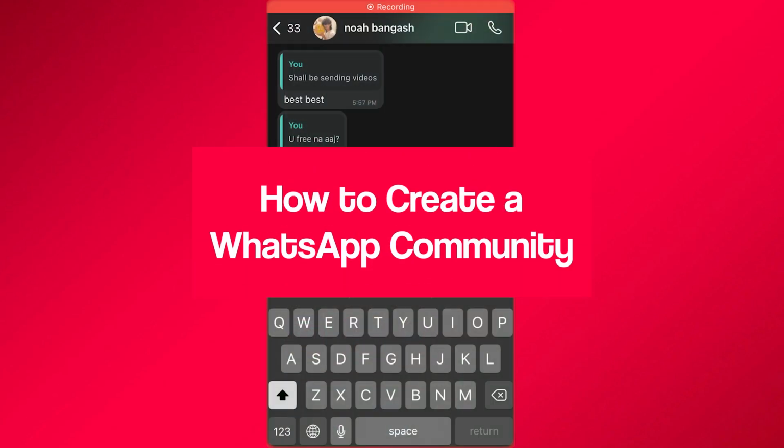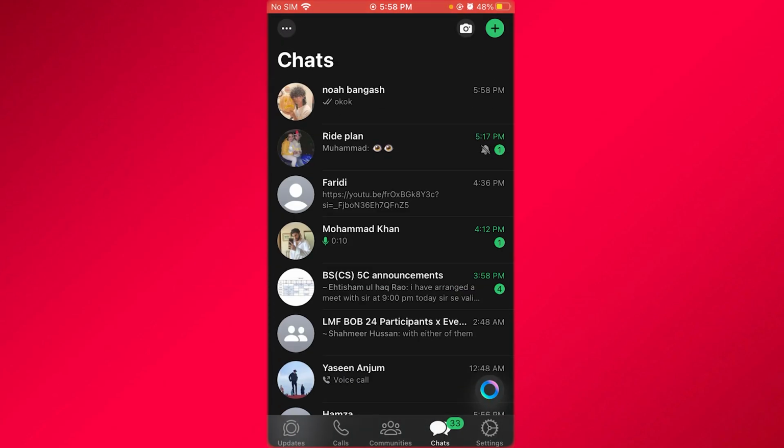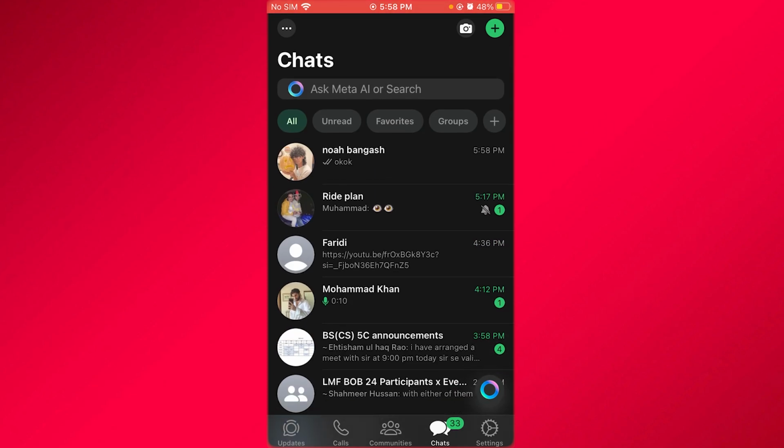How to create a WhatsApp community in the easiest and most simplest way. So, if you want to go ahead and create a WhatsApp community for yourself, what you're going to be doing